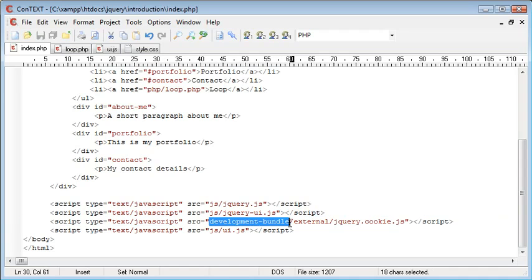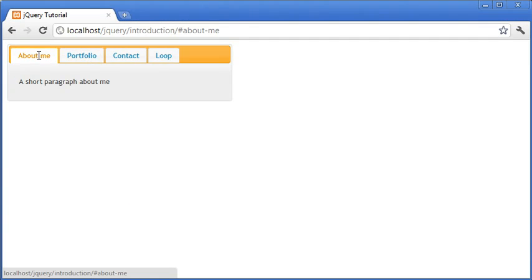So feel free to obviously change around these directory names. It doesn't really look nice when you're including it in development bundle. I've just done it from the standard package to make it easier for you to see in your directory structure. However, now that we've included the cookie plugin, let's go ahead and refresh. We can select tabs as normal. When I select, say, the contact tab and then refresh the page,